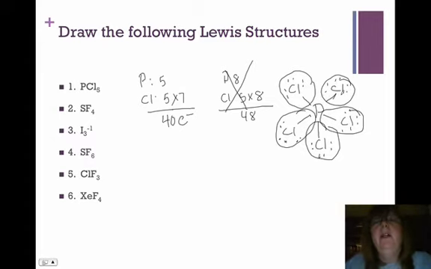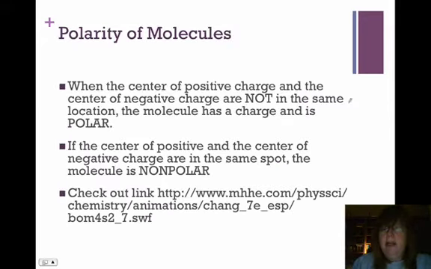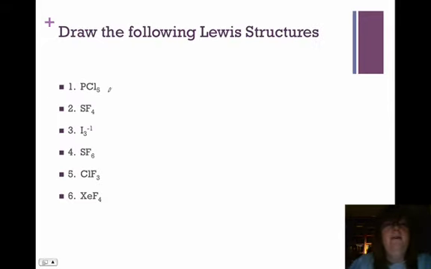We are going to build this molecule in class tomorrow and learn about its geometry and its polarity. Okay, let's go back and draw SF4. All right,